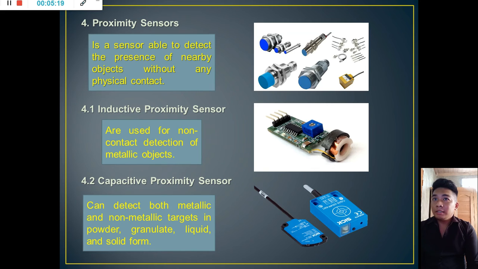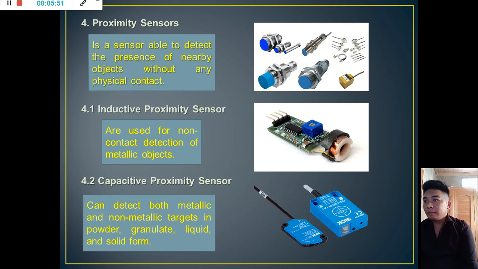Number 4 is the proximity sensor. It is a sensor able to detect the presence of nearby objects without any physical contact. So this is a common sensor, commonly used for security purposes. Inductive proximity sensors are used in non-contact detection of metallic objects. So this sensor is commonly used by soldiers to detect bombs and